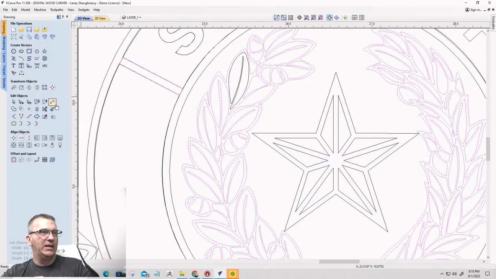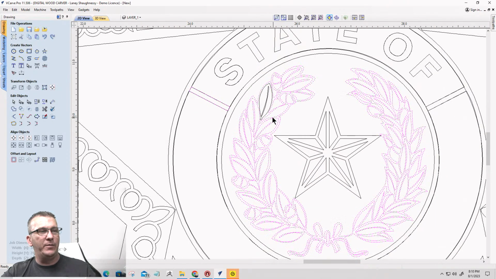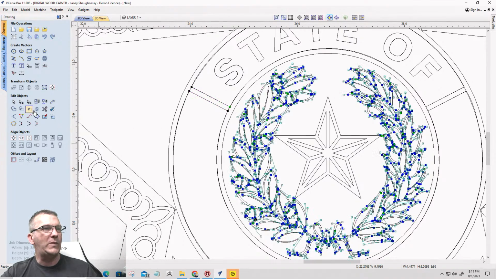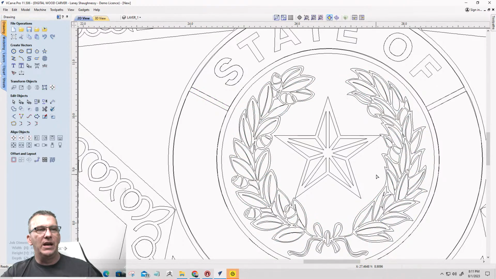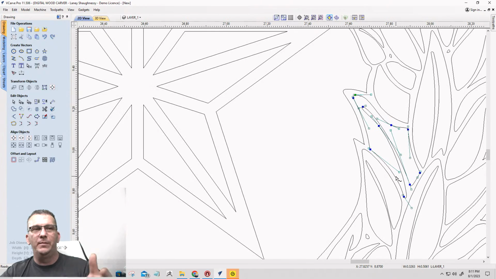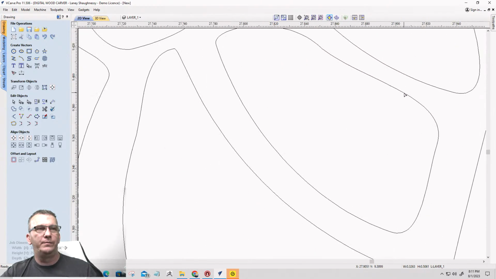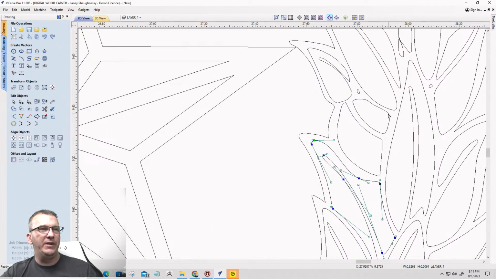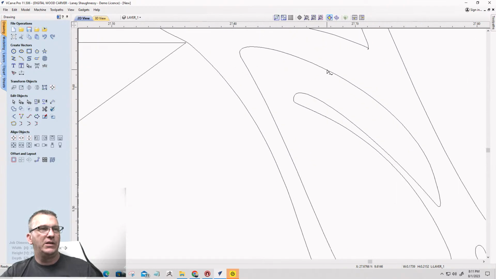Quick and easy. I am not going to go beyond that. That 10 thousandths is fine for me. My wreath is still a wreath, right? Now I have less nodes to deal with on these objects and everything. When I go into node editing mode, things are minimized. Now, to show, let me see. Let me find one with a little bit of, to show,